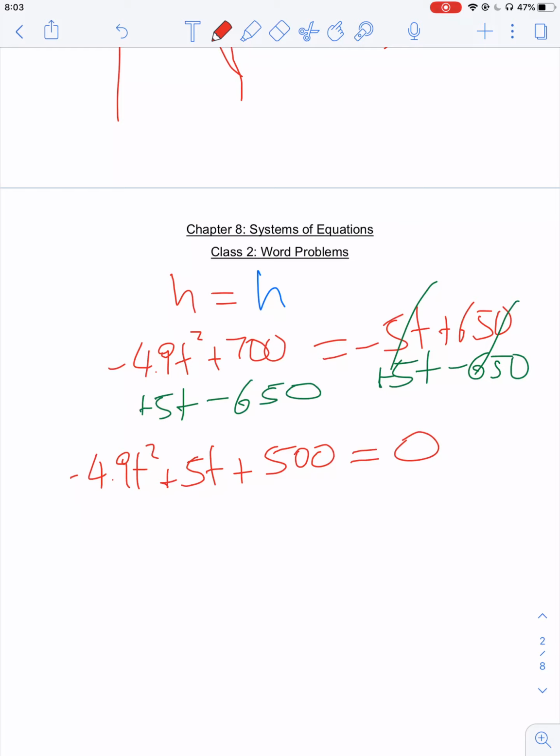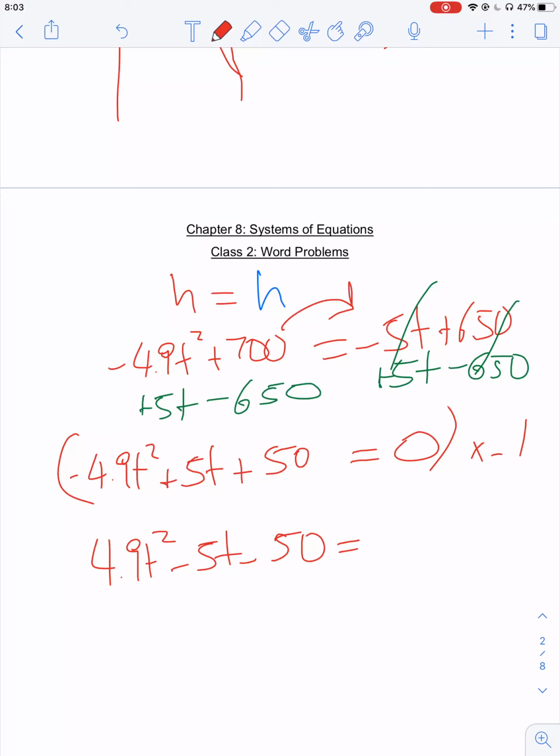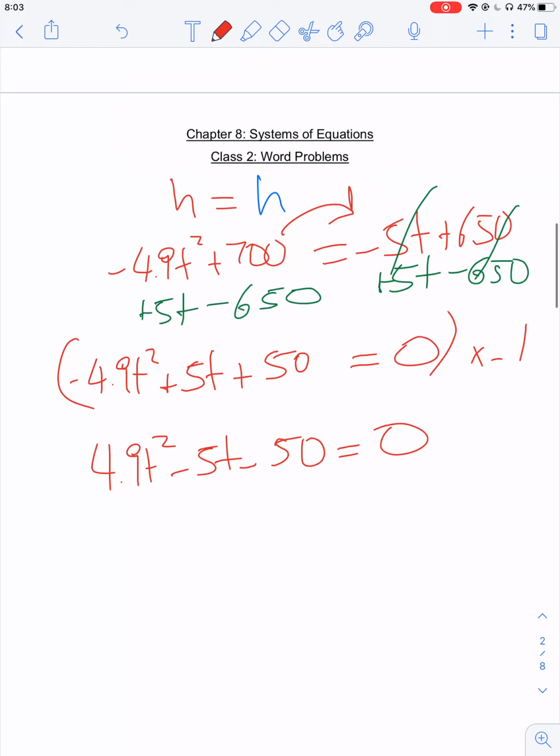So in your textbook, I think they moved it over to the other side, which is fine. I think they moved these guys up there instead of moving them over here. Again, it's the same thing. So just to be consistent with the textbook, I'm going to multiply the whole thing by minus 1. So this will become 4.9t squared minus 5t minus 50 equals 0. This is what your textbook has, and they're using this